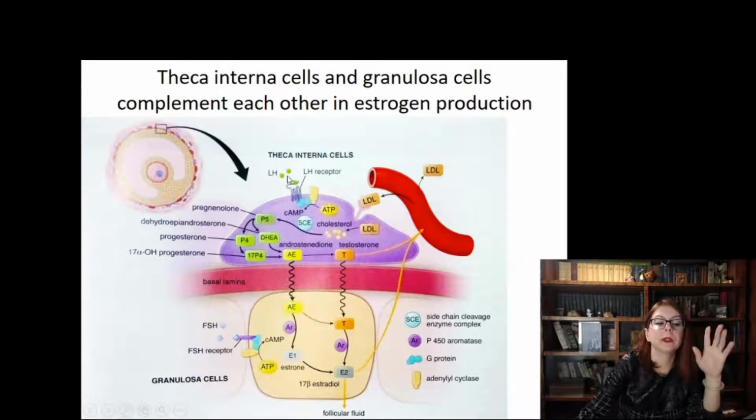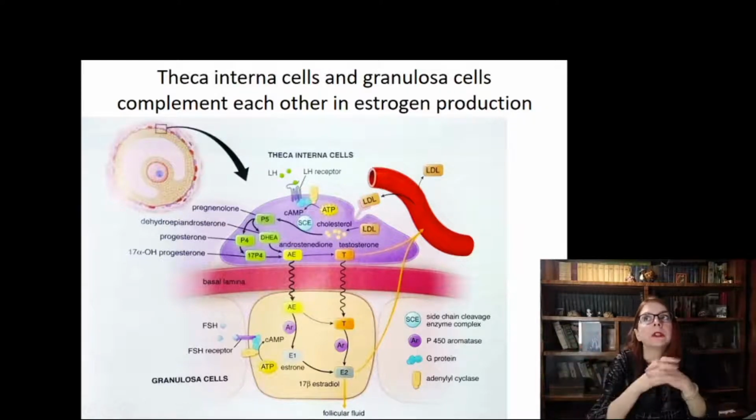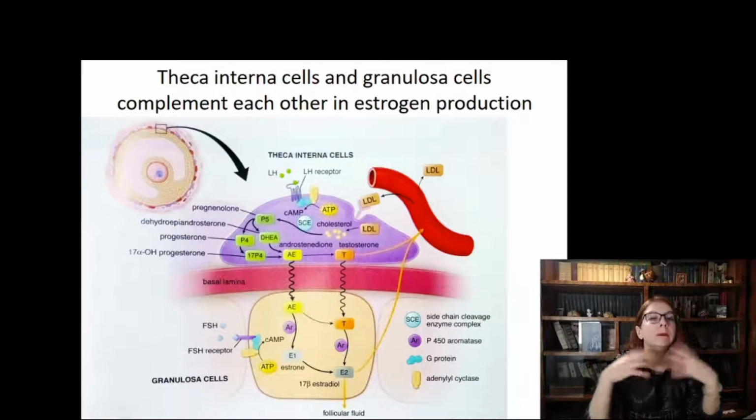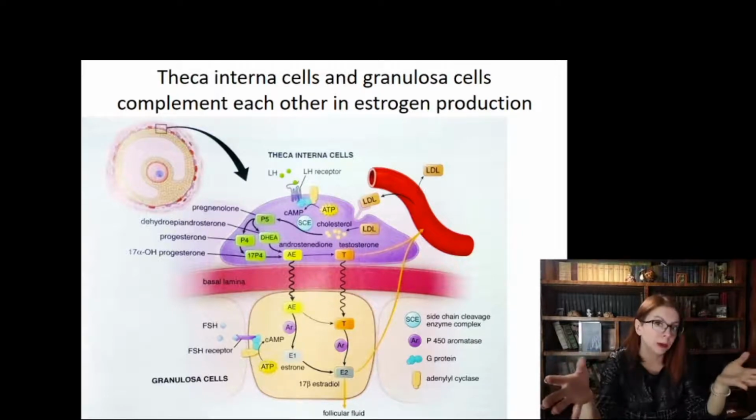In this way, theca interna cells are sensitive to luteinizing hormone. Follicle cells are sensitive to follicular stimulating hormone, as they contain special receptors. Okay, so estrogens are produced into the follicular fluid. And in general, we can say that follicles, especially mature follicles, are a very active source of female sex hormones, particularly